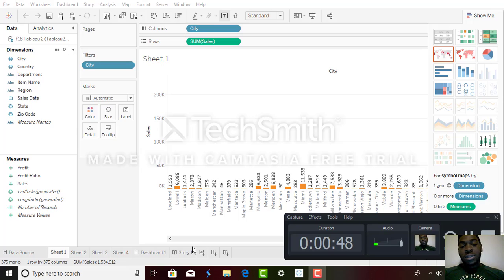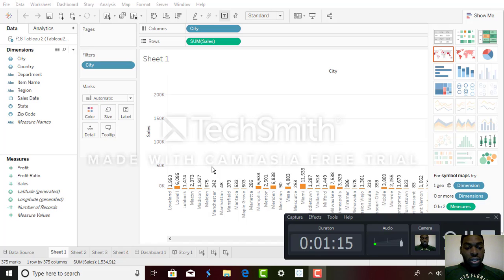Tableau was very instrumental in helping me to visualize data, and before starting this project, I asked myself, why is Tableau such a huge thing? And it's simply because of the visualization aspect of it. When you can visualize data, you're able to get a different insight and look at it from just a different perspective.